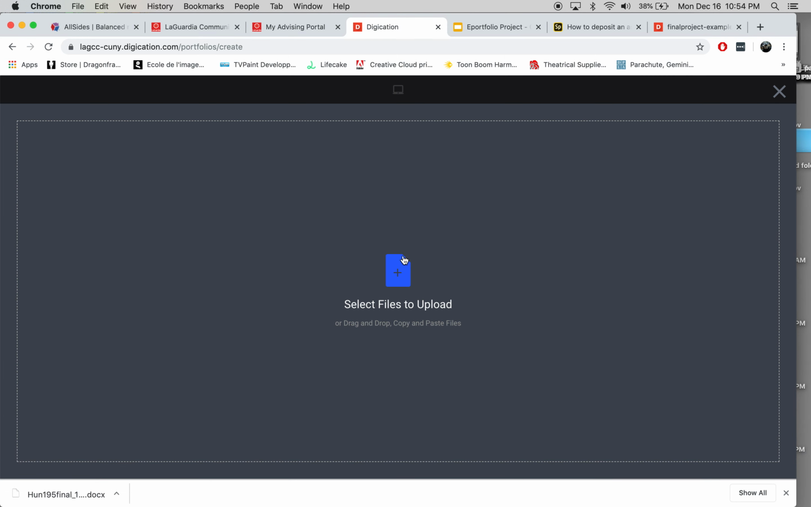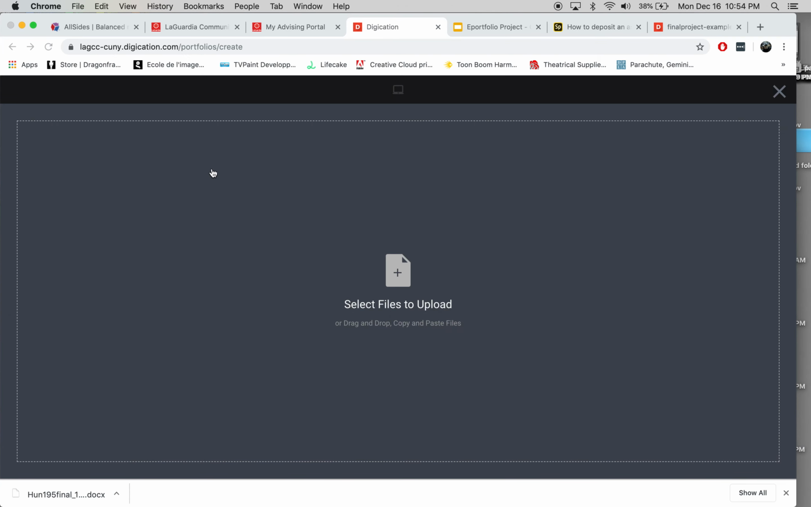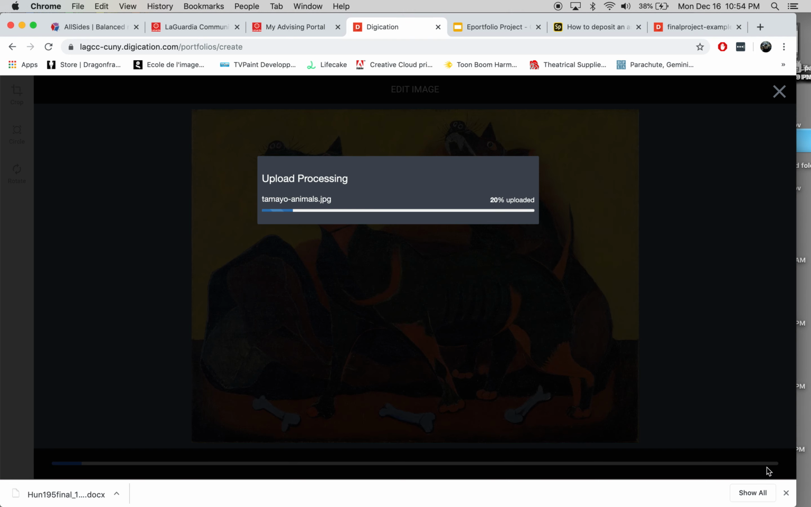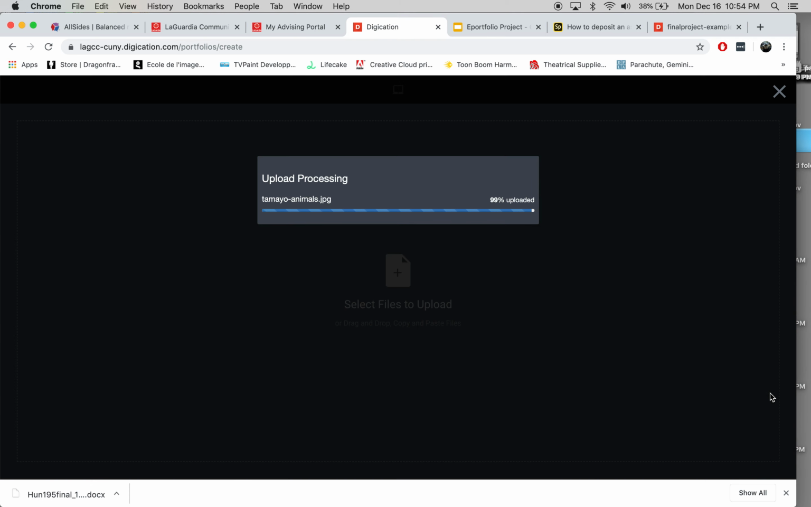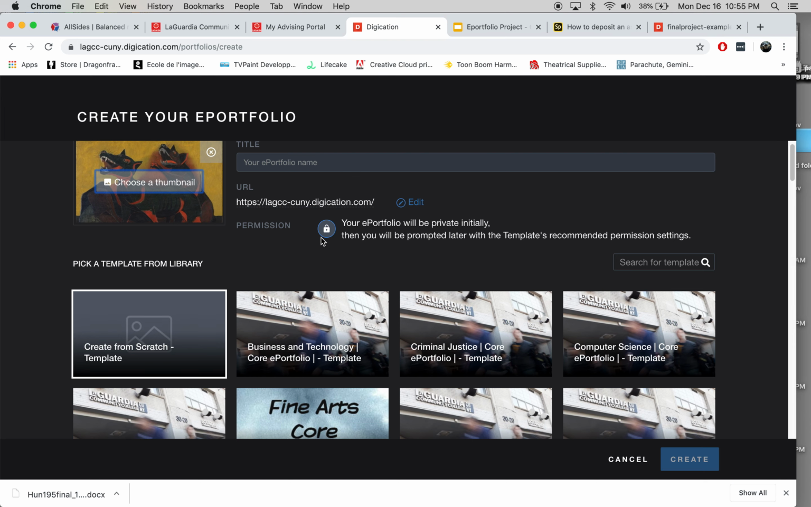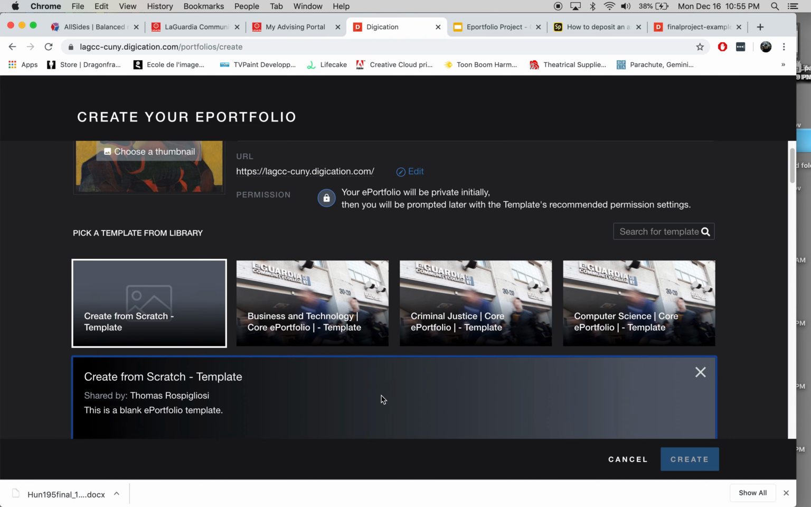I will upload a file, and I can either drag and drop something here, or I can click on this and navigate around until I find my file. Now I'll have to click upload additionally. Okay, there's my thumbnail. Now it wants me to choose a template. I'm going to create one with no template. So create from scratch, and then down here,